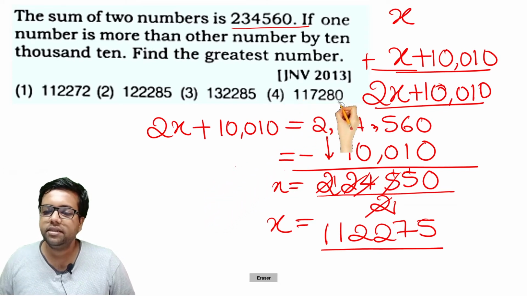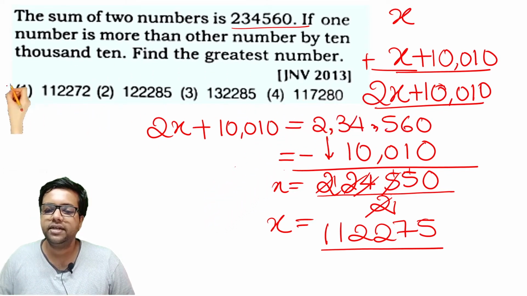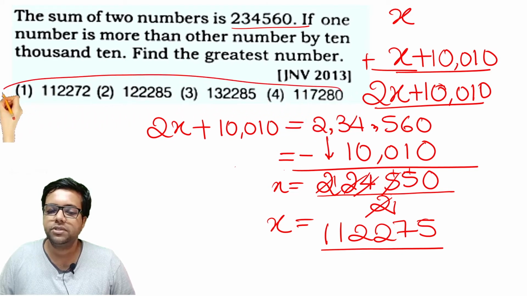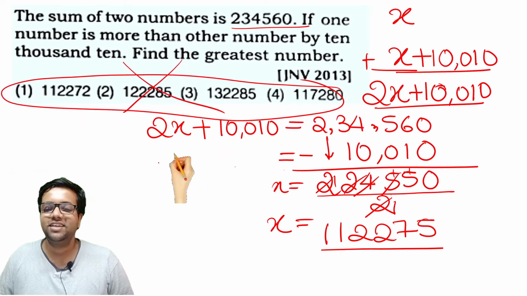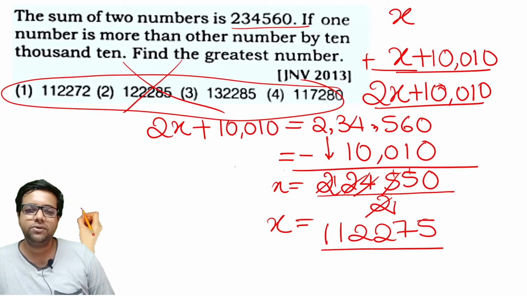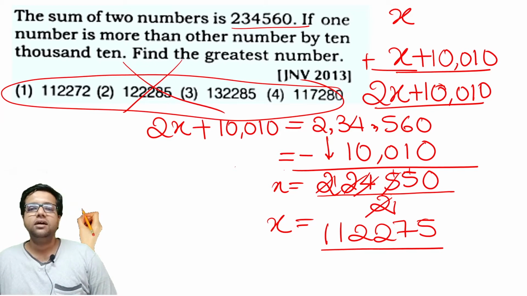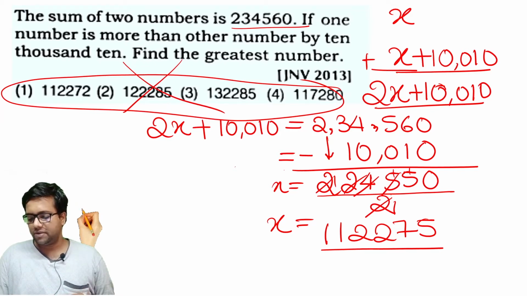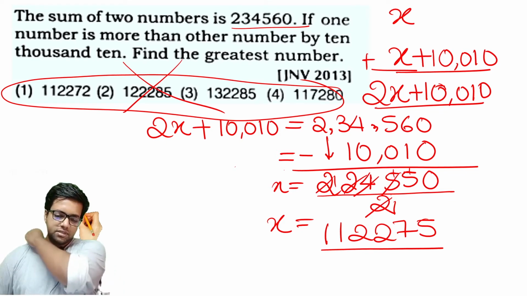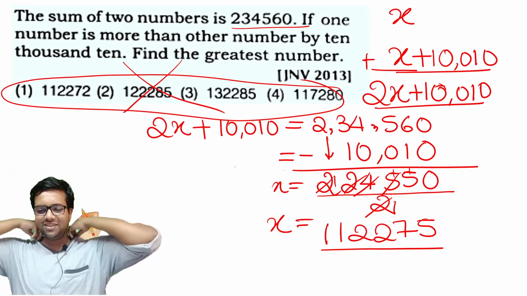In either of the options you are not finding it. Therefore, the given options are incorrect. So what will you do at such a time? If in your examination such a question comes where all the given options are not correct, what will you do?